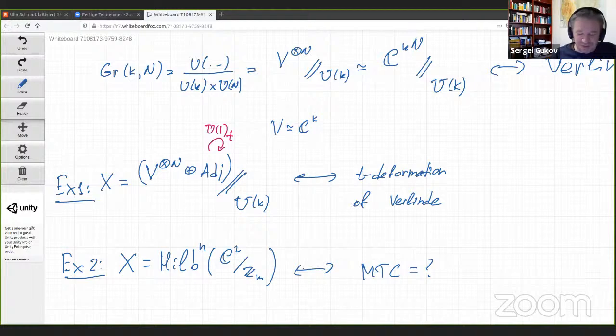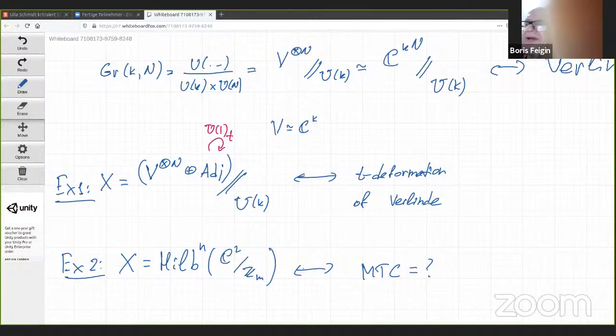Yeah, so going back to question number 2 that you asked, Boris, how we get a collection of VOAs. That's what I want to emphasize, at least in my understanding. Collections of VOAs appear in some special cases. So for instance, if X is a Hilbert scheme, I have no idea what the VOA is. And again, I want to emphasize that this has to do with the fact that if you have geometry, so